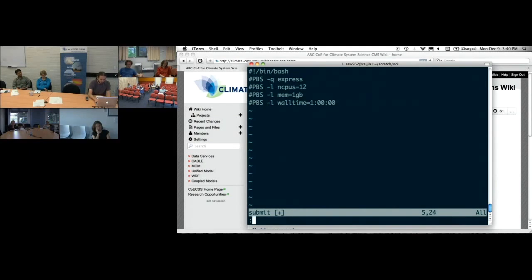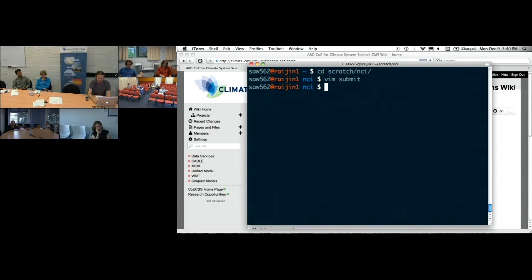To look at how many resources you have, what your limits are, there's a command called nf_limits. Here you give what project you are, say w35, how many CPUs you want, say I want to use 256 CPUs, and what queue you want to use. I want to run them in the express queue.